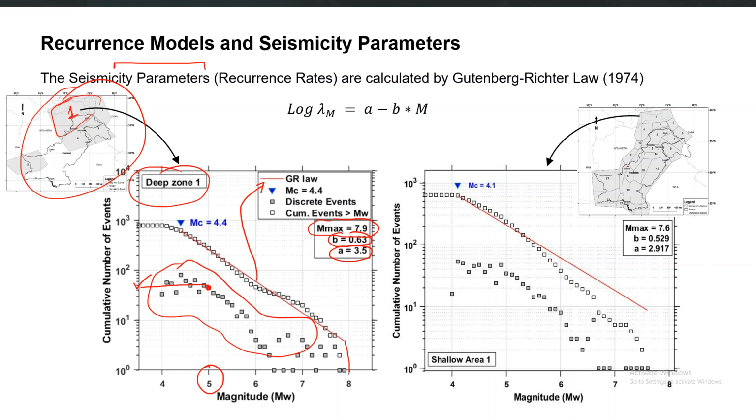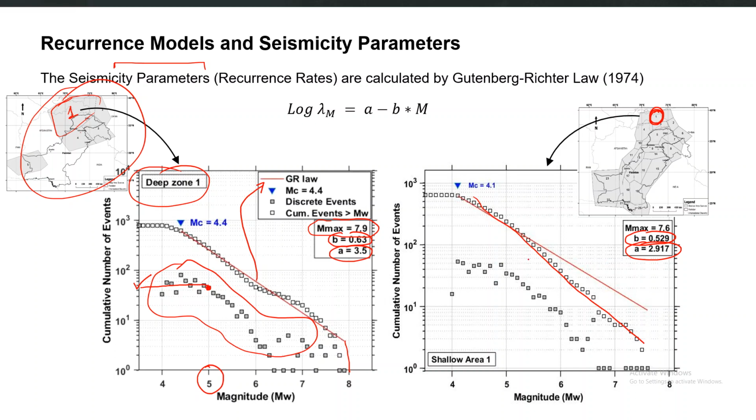Similarly, for a shallow area source zone, here this is for shallow area 1. This is the actual curve, the actual magnitude recurrence relationship. You can see here that with this value of B, the fit is not accurate. You have to modify the value of B to capture all of this variation, or you can say the distribution of the cumulative number of events for different magnitudes. Once you get the best relationship, you can pick the seismicity parameters and then proceed to the next step of the PSHA process.